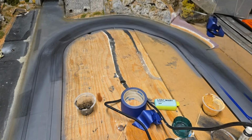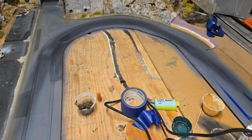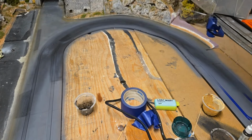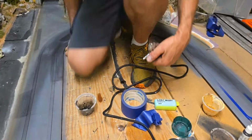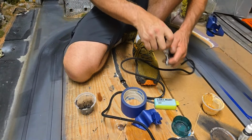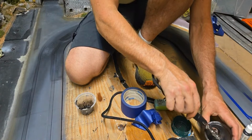And then we've got that graffiti that we still got to lay down, but I can't do any of that until that dries. But let me clean this real quick. But what we can do, just for giggles,